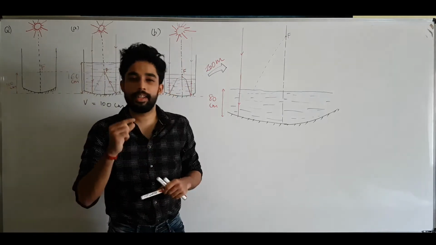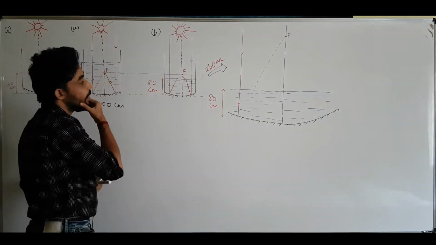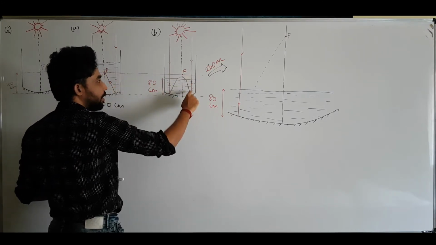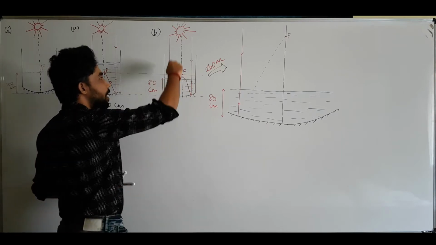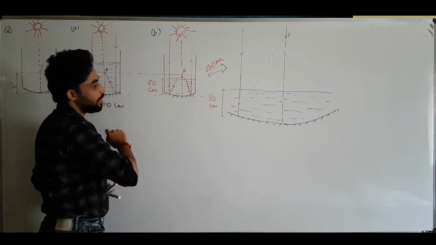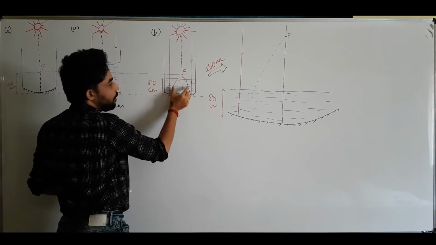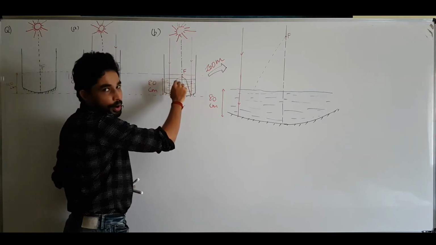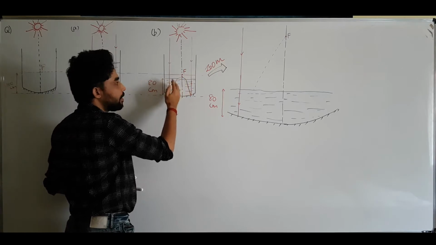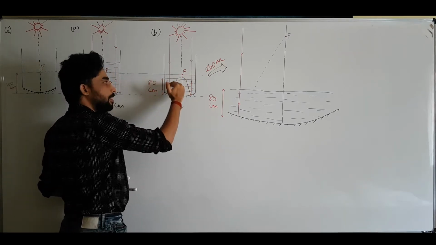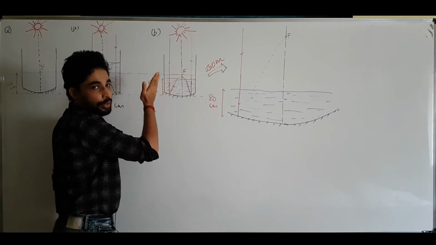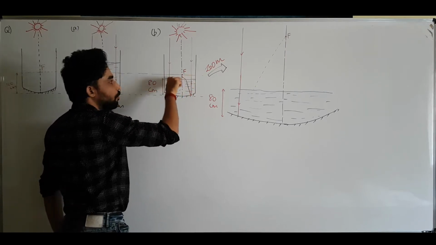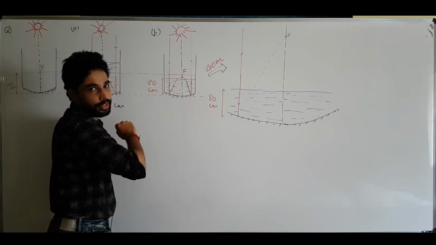Now for the second case there is a little complication, that is the water is filled only until 80 centimeter, which means the focus of this mirror lies outside the water. So what happens is, if the rays are coming like this parallel, it will strike the concave mirror and it will be going to meet at the focus. But there is a twist, that the water is only available till this point, and from there is no water. So it is like the light rays are moving from the denser medium to rarer medium. So obviously they are going to bend, and they are going to bend away from the normal, which means that instead of focusing at this point, they are going to focus at some point closer to the mirror.